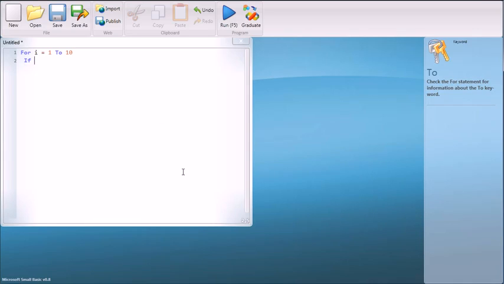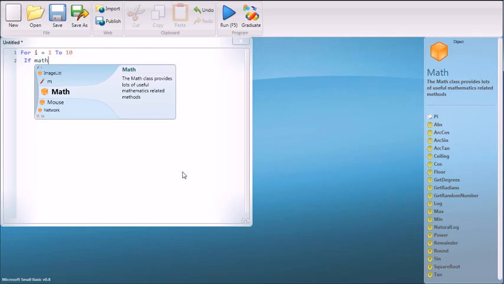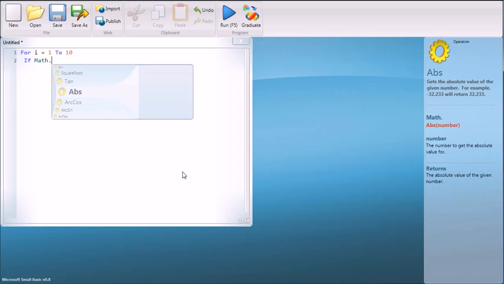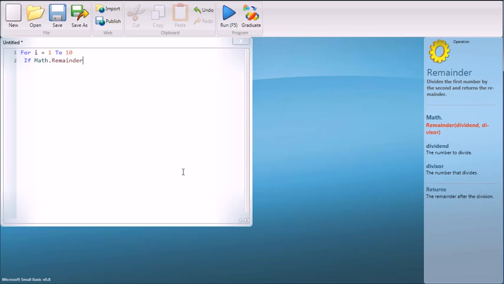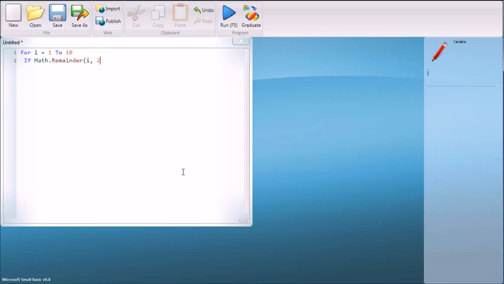And so here we're going to go if Math.Remainder(I, 2), and what this does is it divides I by 2 and returns the remainder of the division. So if Math.Remainder(I, 2) equals 1,